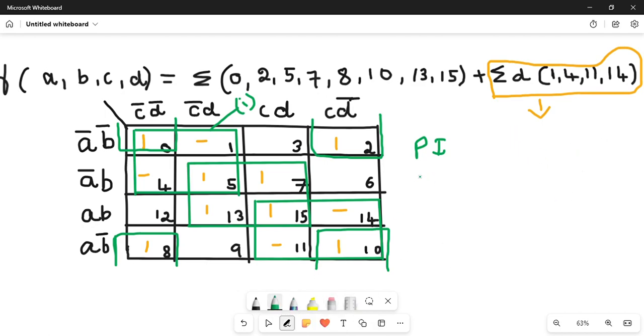it is nothing but cell number 0, cell number 1, cell number 5 and cell number 4 will make one group. If you look at the column side, each side has A bar B bar, A bar B, and on the row side you can see C bar D bar and C bar D for this group. So if I write it separately,